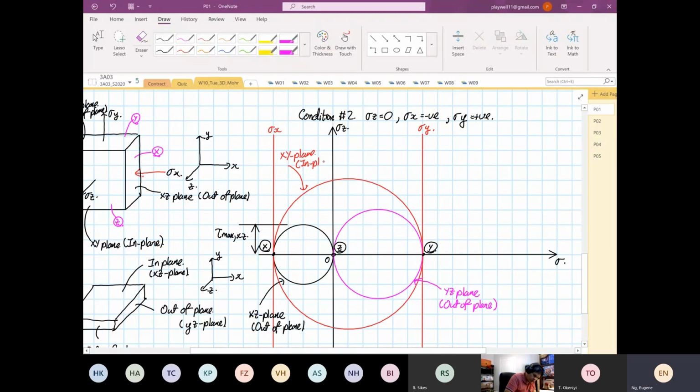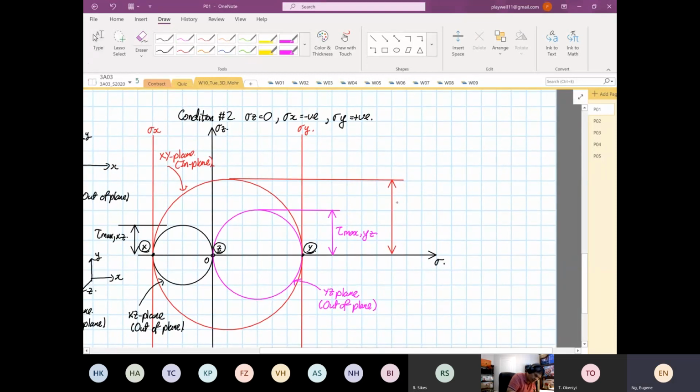so this is our shear YZ or shear max. YZ, and our last circle, the biggest one, over here. So now you realize something changed. Something's different now. Now we realize that our shear XY or shear max XY